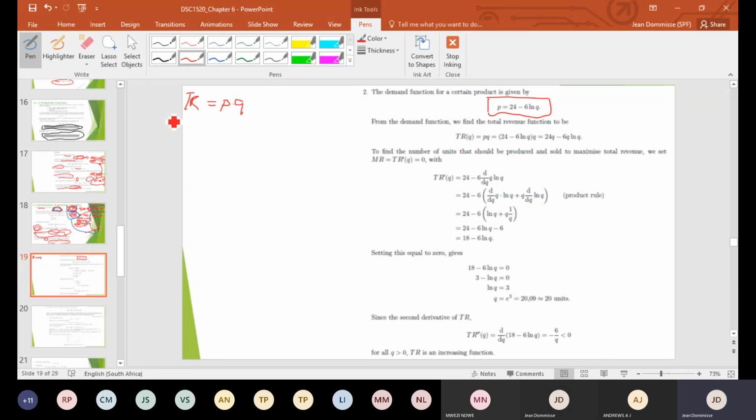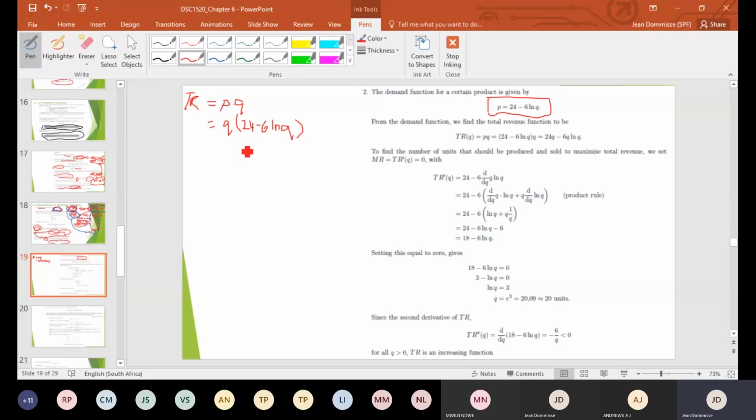Okay, so that every time. So let's, again, I like to write the Q in front. We've got the P value. It's 24 minus 6 ln Q. Okay. So now we need to go back to some of the work we've done in